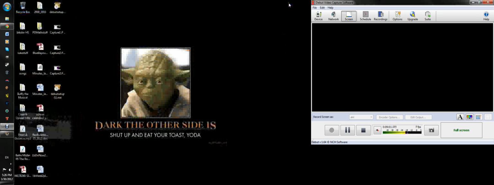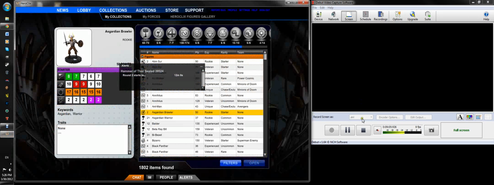And I'm going to go ahead and go over to the right side of my screen where it shows all the different options on the main screen. Record screen is AVI. I've been recording as FLV recently, and I have about 14 seconds, but FLV is only in the Pro version, and my Pro version license ran out because I only had a 30-day free trial. Usually, record as AVI, hit this to start recording, hit this to stop recording, and